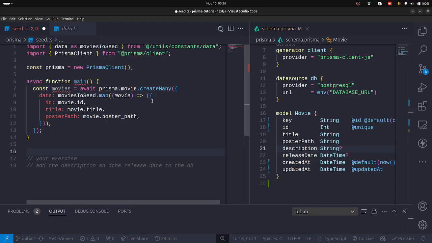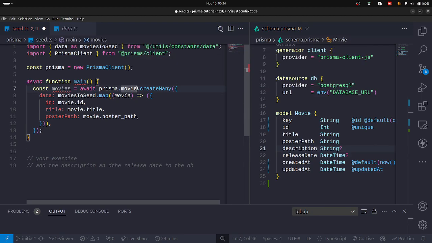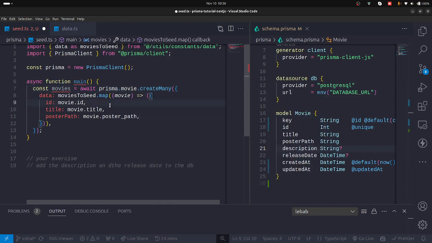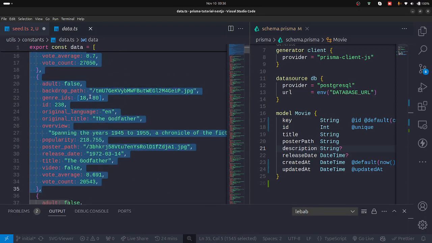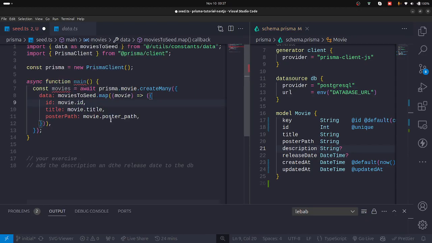So what did we actually do? The prisma.movie gives us the table, and then we can perform other actions on the table. In this case we want to create many records. You can see when I hover here, it wants to create many records. It expects an array of data you want to create. In our case our data has so much stuff, so we need to map over the data and then return only the data that we require. I hope that is